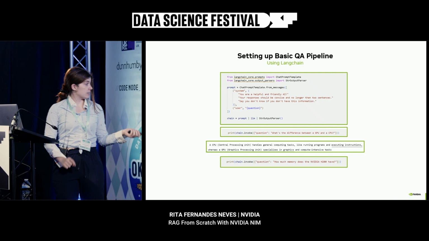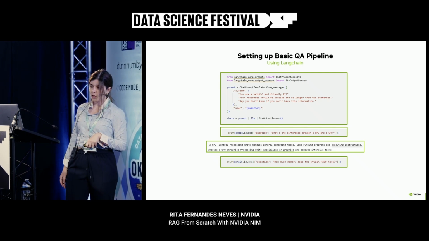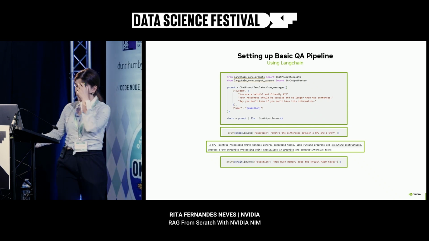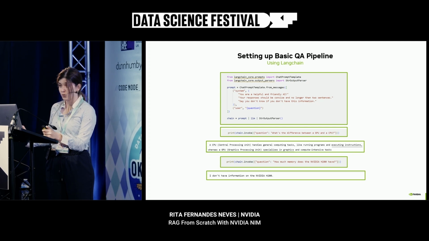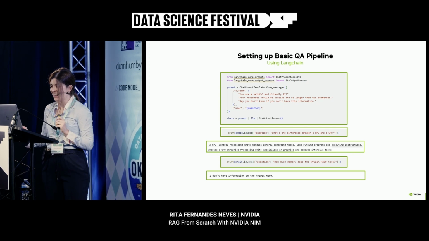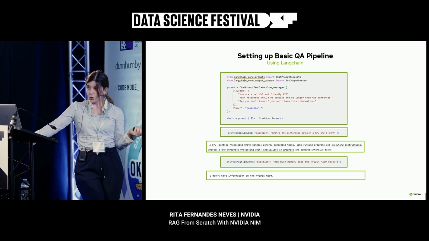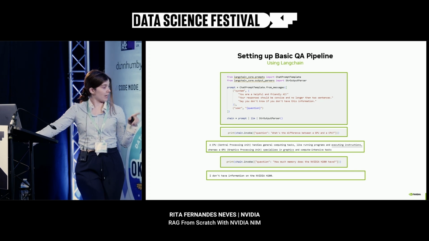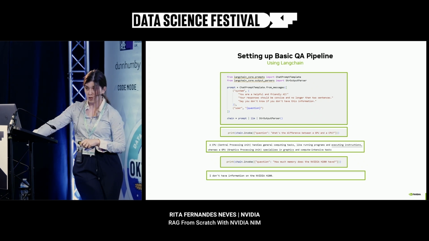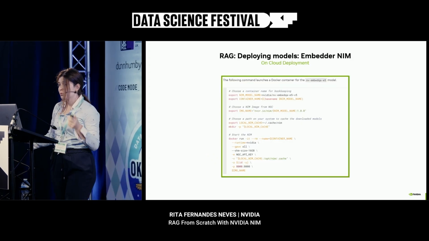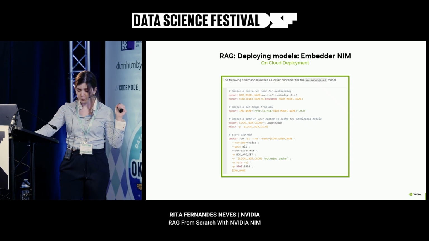But then if you ask it something a bit more specific, which is, how much memory does the NVIDIA H200 GPU have? The answer is, I don't have information on the NVIDIA H200. Probably not, none of you have it as well, so it's also something in common. What do we want here? We want to make sure that this LLM has the information about NVIDIA H200. And of course, with that, we're using RAG to add that document to the pipeline.